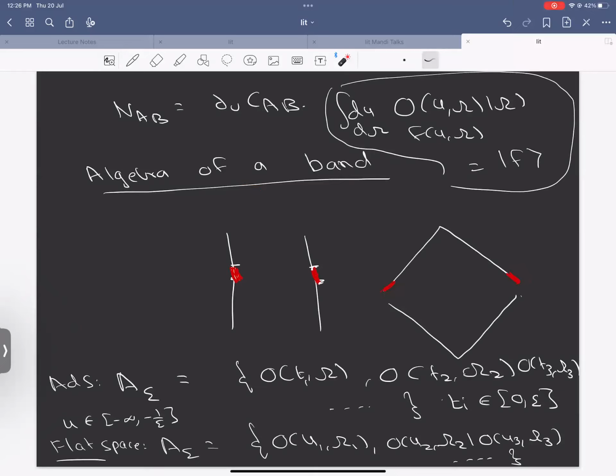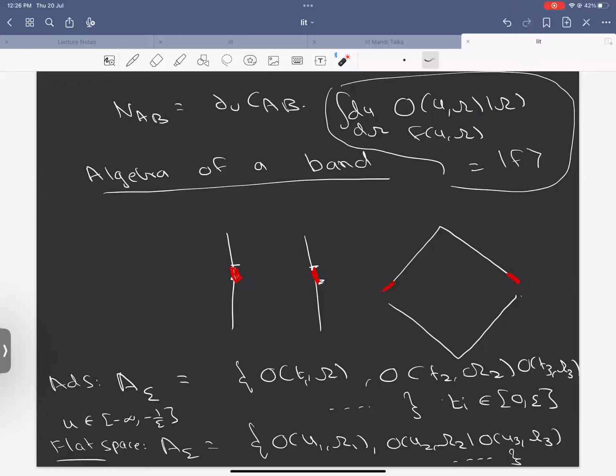Hi, Suvrat. Can I ask one question? Yeah, sure. So if your algebra includes the Hamiltonian, then isn't it true that the Hamiltonian can take this operator out of this region? Yeah, so that's indeed what I want to discuss. In a local quantum field theory, the algebra does not include the Hamiltonian because the Hamiltonian is not a boundary term. It is true that in a theory of gravity, and that's one of the points I'd like to make in the next 15 minutes, when you include the Hamiltonian, and we'll be a little more precise about how we include that, indeed this algebra becomes the full algebra, but in a local quantum field theory, the Hamiltonian is not an element of this time band algebra.